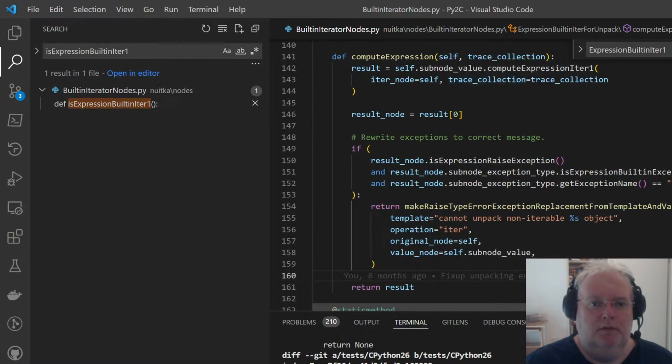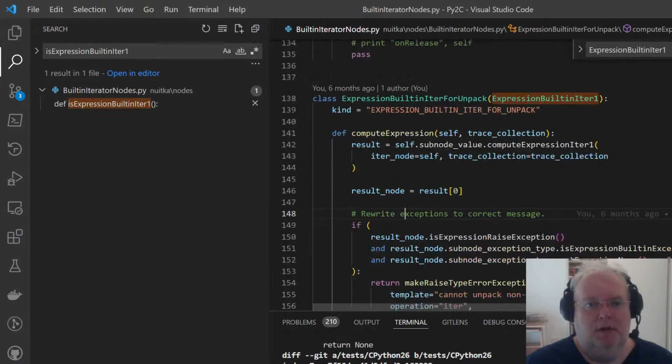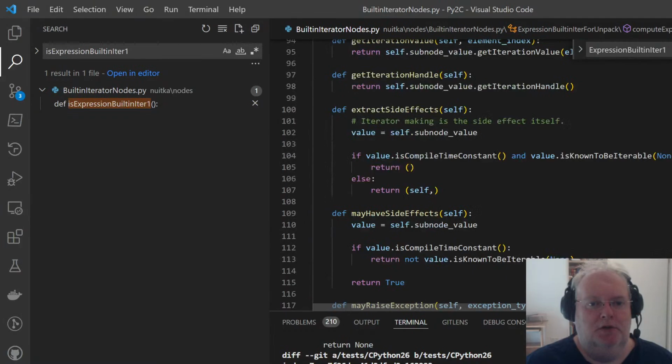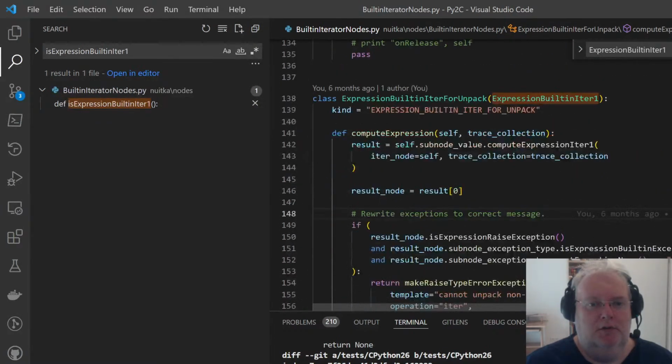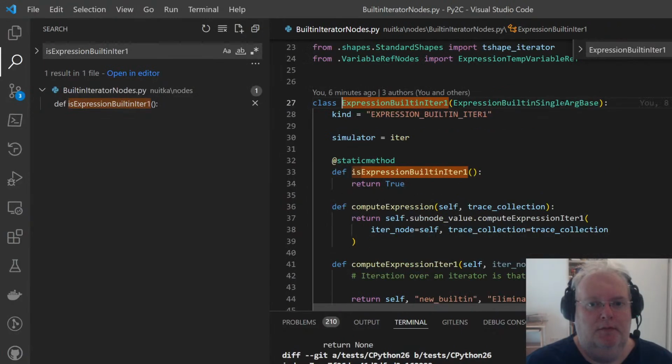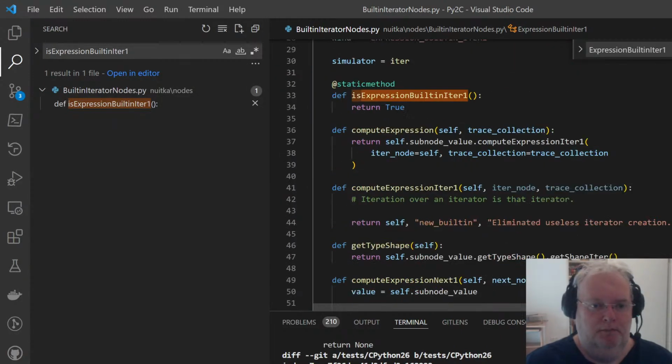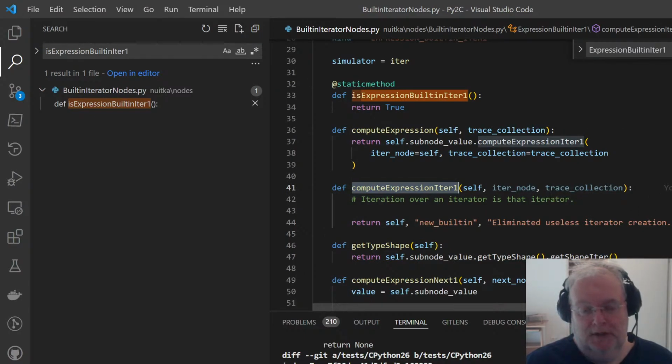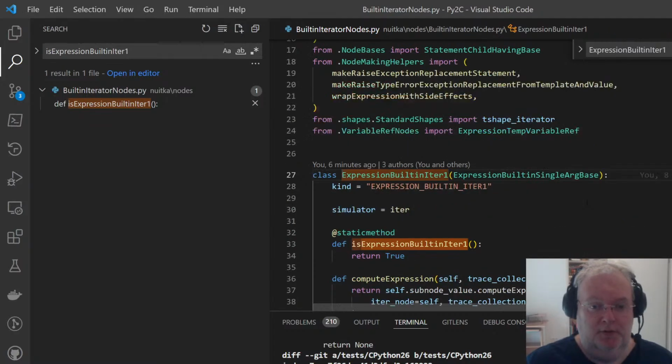So if the result is an exception of type error, built-in exception, then it will just make a cannot unpack non-iterable. We'll use a different text. It's one way in which you can reuse this code from this guy here, which gets this from the child. And then the child would create this exception.